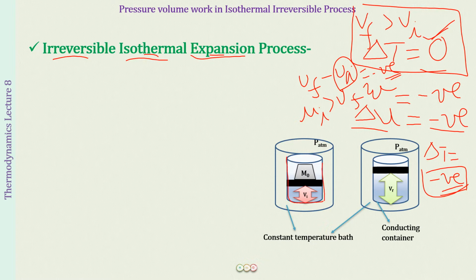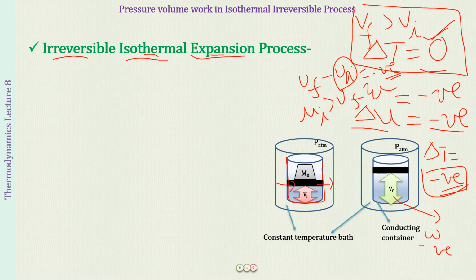What will that help in? Well, heat energy can travel into the system. It can travel outside from the system whenever the walls of the container are conducting. So now in this case, the energy is moving out of the system. So if I take over here, the energy is moving out of the system in the form of work, and that is going to be negative.